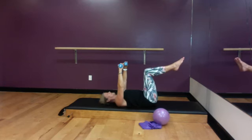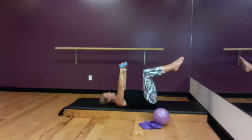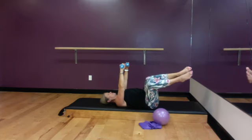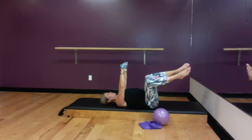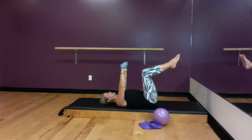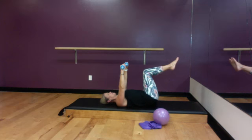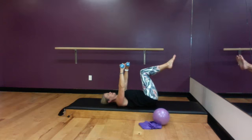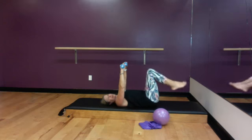Usually that range is a little smaller because this is harder, right? So reach and keep your shoulders anchored and then pull those stomach muscles up and in to come back center. Inhale as the legs reach, keeping that right shoulder nice and anchored. And then that exhale as you're coming back center. And then you can let those